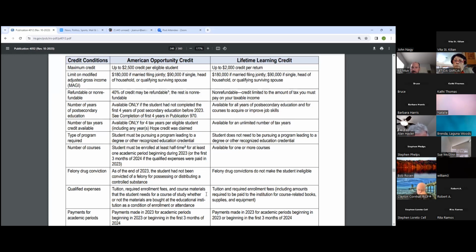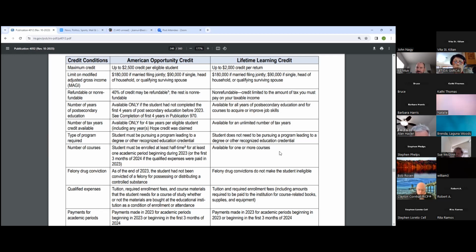And then a couple other things when you're talking about the American Opportunity Credit, they've got to be in some type of program. Let's say you're enrolling in the University of California, Irvine in the electrical engineering program, and you're going more than half time, you've got out-of-pocket expenses, you meet all the rules. That's an example of the American Opportunity Tax Credit.